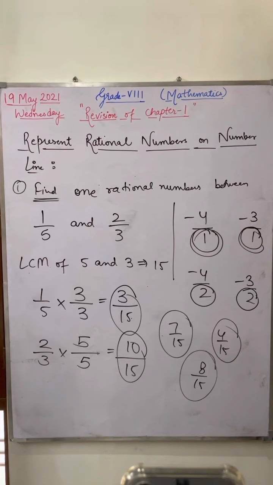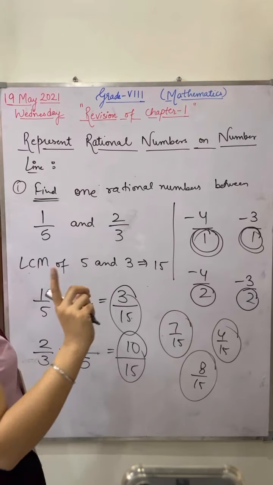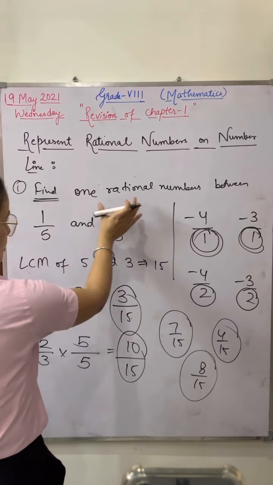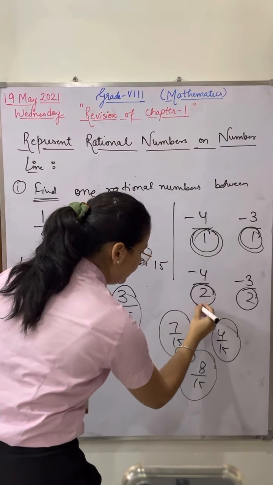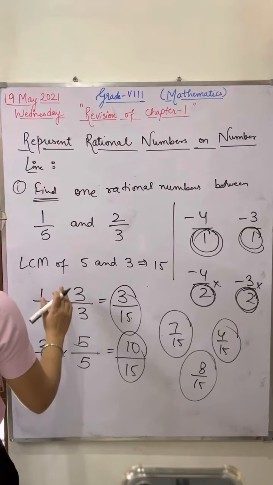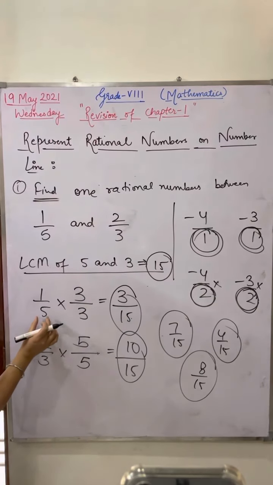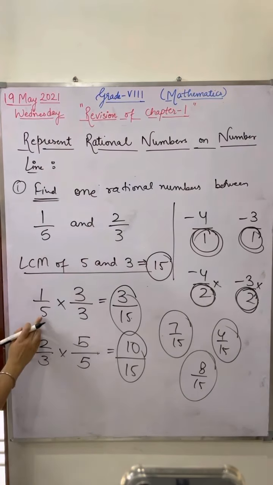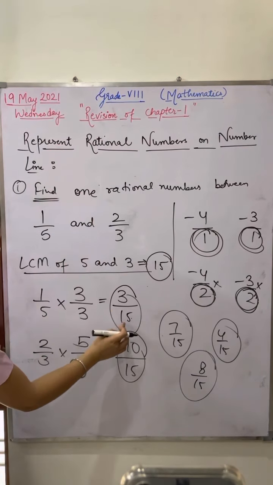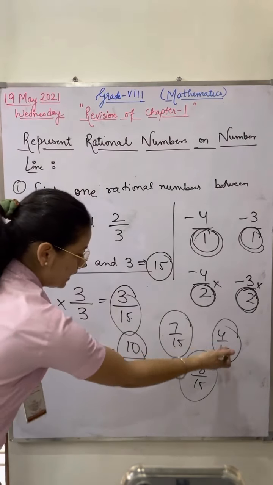Manvi, clear? That's why I'm saying let me complete the concept, then you will be able to understand more clearly. In this concept, I'm telling you one thing, it is very important when you have to find rational numbers. First of all, check it out. If denominators are the same, then you have to multiply and divide with the same number. If the denominators are different, then take the LCM. After the LCM, you have to make the denominator that LCM. It is 5, so multiply with 3, it will be 15. Here it is 3, so multiplying with 5, it will be 15. Now you can find out the rational numbers.